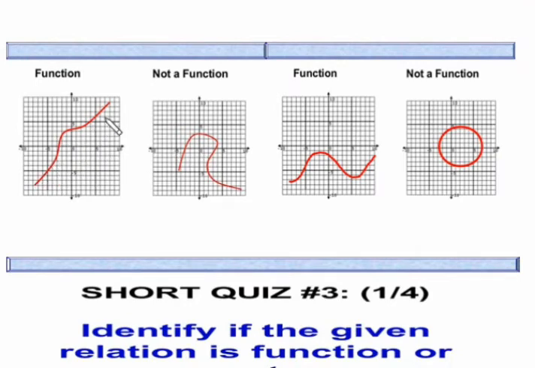Here is the graph of a function. What we observe here is that for different values of x, the graph has different values of y, and that's why it is a function. But in this graph, what we observe is that for different values of x,